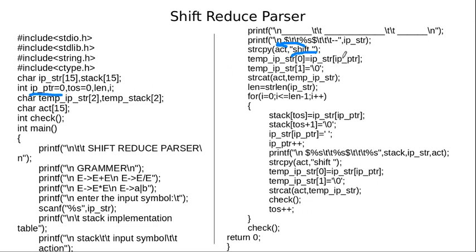So ip_str of 0 I pass to the temporary shifting variable, temp_ip_str. So temp_ip_str of 0, I am transferring that symbol,